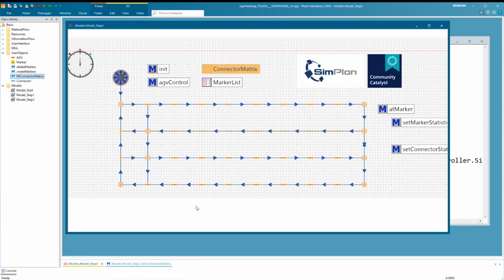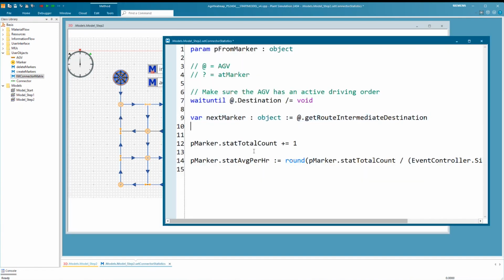Basically, we would just need a small loop here to find out which connectors there are from the starting marker and which is the connector that reaches that other marker that I'm going to. But to keep this a little simple, I can take this from my connector matrix.